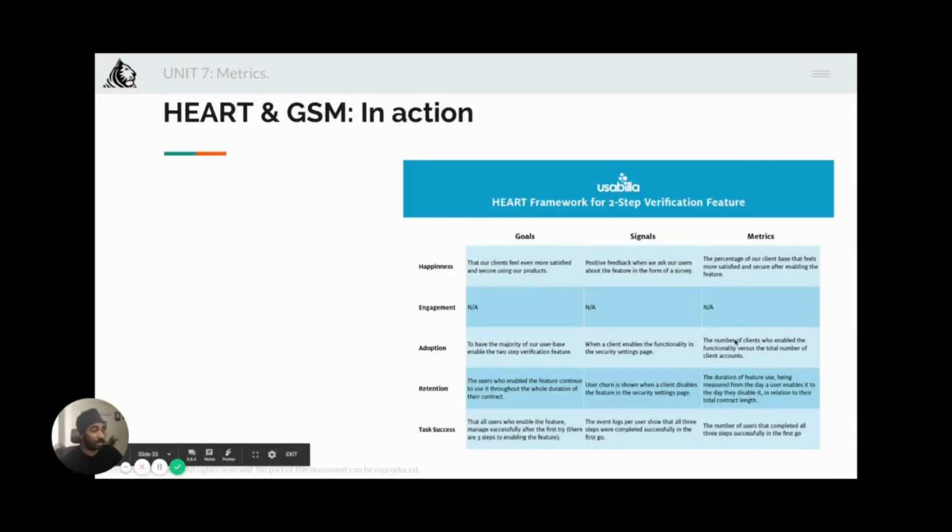This, in contrast, is the number of clients who enable the functionality versus the total number of client accounts, which typically will be represented in a ratio, and is much more actionable because you can say that okay, we have 80% adoption, as against saying that 80 people are using this feature right now. 80 out of how many? 80 out of 89 or 80 out of 8,000? That can change the entire discussion,